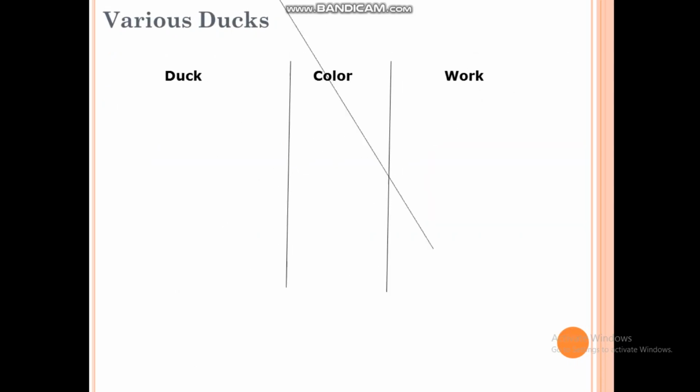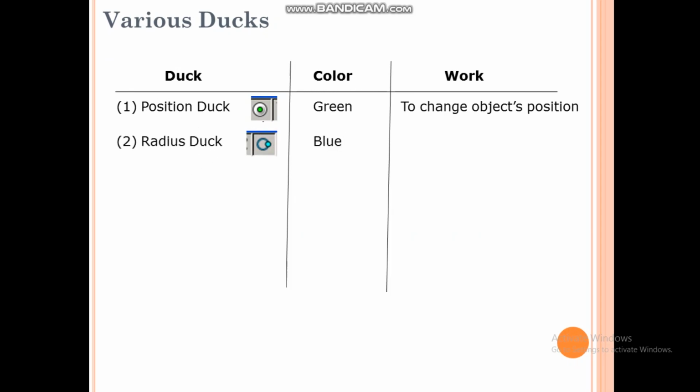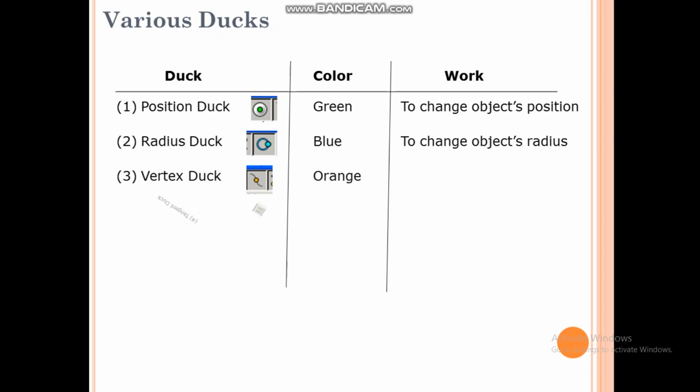So various ducks with their colors. Position duck, that is green color, and that is used to change the object's position. Another is radius duck, that is light blue color, and that is used to change the object's radius. If it is rectangle, then you can change the length and width. Vertex duck, that is orange color.